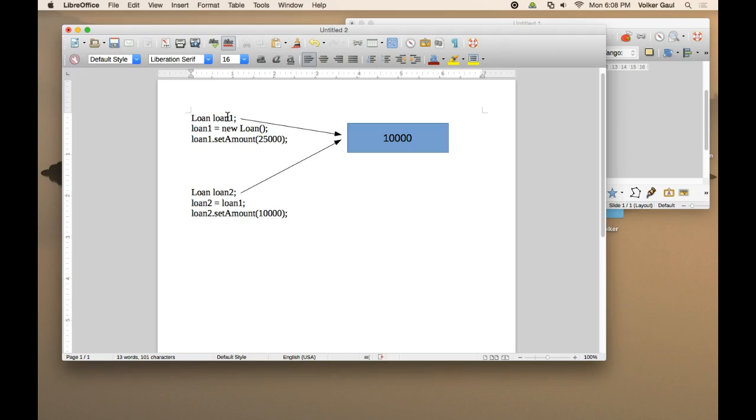But for every other object type, like calendars, when you say loan2 equals loan1, calendar2 equals calendar1, it makes the pointers point to the same memory location. It does not do what the primitive types do, which is copy the value from one into this one. It doesn't do that. Even if you did this,